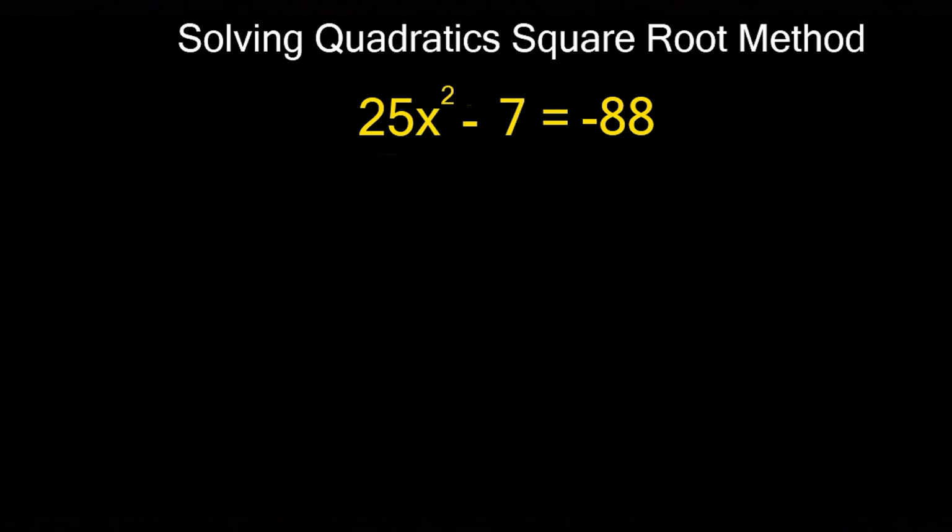So here's my next example. This one here, I have to add 7. And you may see something that's going to happen here that wasn't happening in the previous problems, and that is you're going to end up taking the square root of a negative number, but we'll talk about what we need to do there. So if I add 7, I'm going to get 25 x squared equal to, that will give